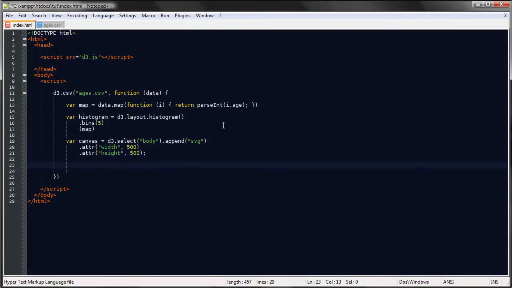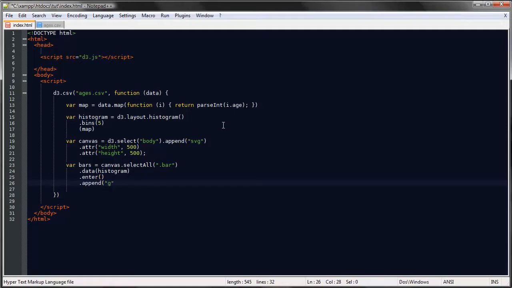Okay, so let's bind our data to the document. We'll create a G element for each data element that we have. So we'll say select all, bar, data is coming from the histogram, enter, and then we'll append a G element. Now to each G element we'll append a rectangle, which is the actual bar. So let's say bars dot append rect,